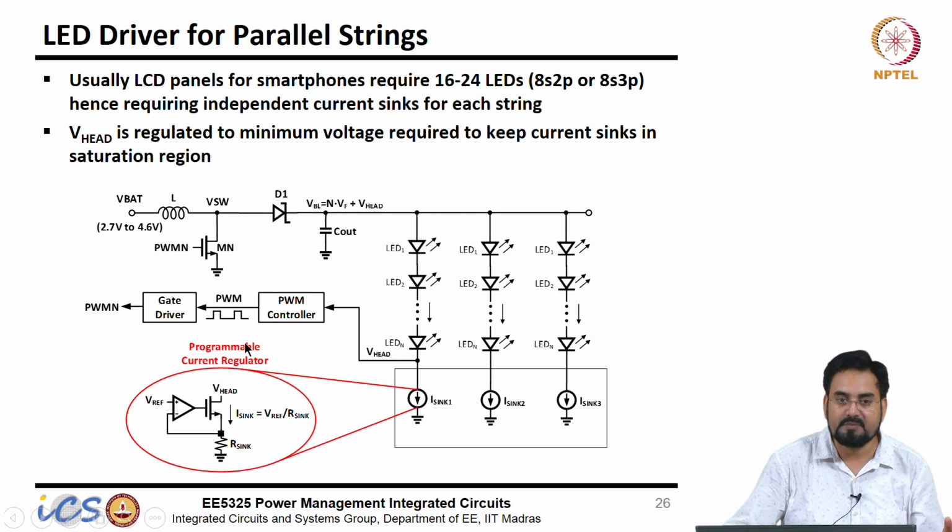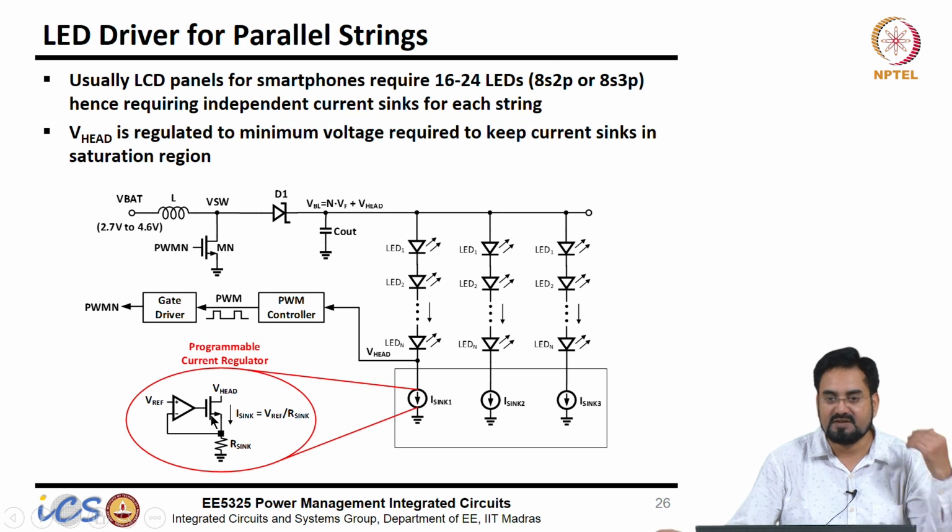It will all be dropped in this current sink. This voltage will move up accordingly, because in order to keep the current constant, the voltage across these LEDs should be constant. So extra voltage will come here, so that VBL minus V head remains constant depending upon the number of LEDs you require. For 6 LEDs, obviously the VBL minus V head will be lower, so extra voltage will be dropped here. And when you are dropping extra voltage here, eventually you are increasing the dropout voltage, and we know higher dropout voltage will give poor efficiency. So your efficiency will degrade.